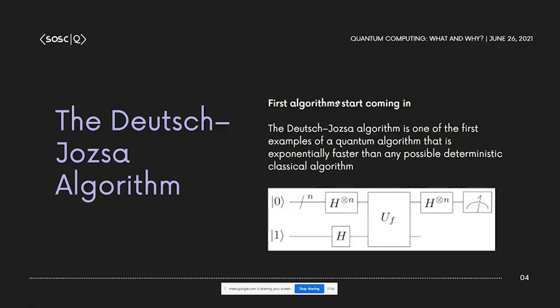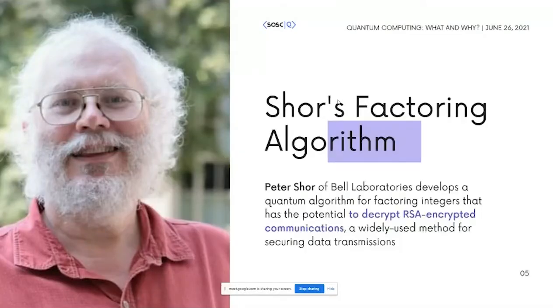Nothing's done. What basically changed everything was this man. You might have heard of Shor's factoring algorithm. Peter Shor at Bell Laboratories in 1992 theoretically showed that you can decrypt RSA applications, which is a huge deal because at that time, and even now, a lot of encryption is based on RSA. The very fact that RSA is pretty difficult to crack is the reason why it is used for encryption. If you were to use a normal computer, your laptop, it would take billions or even trillions of years, right?